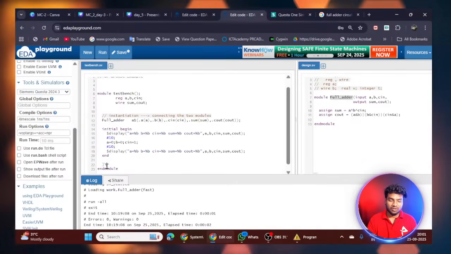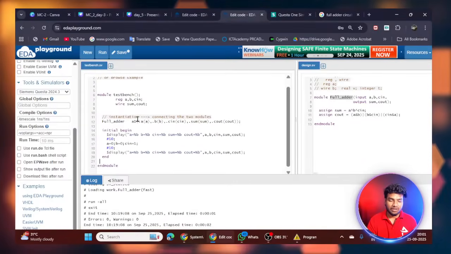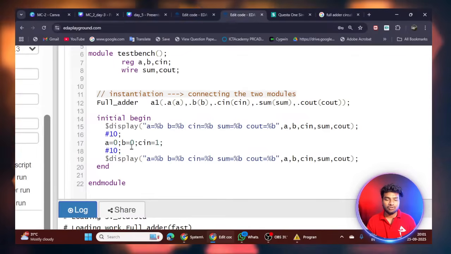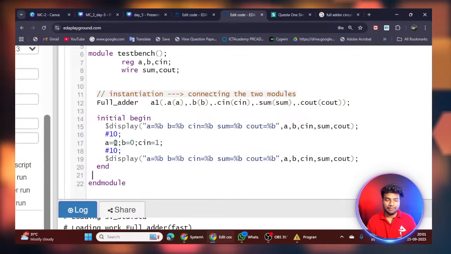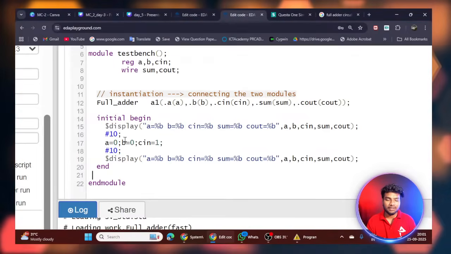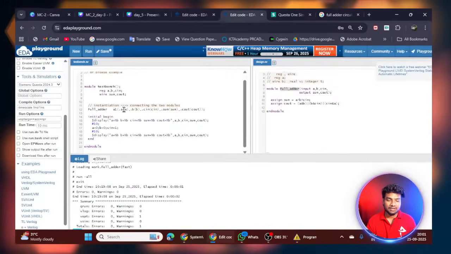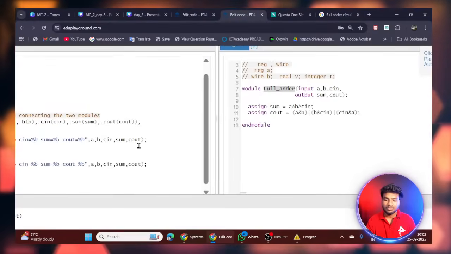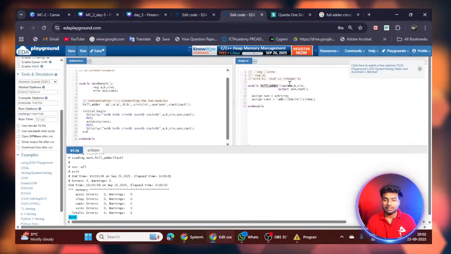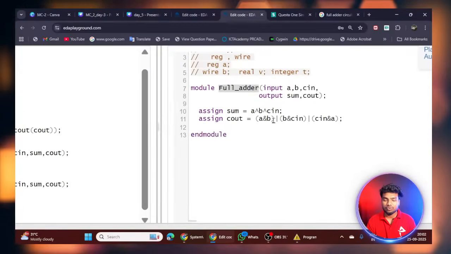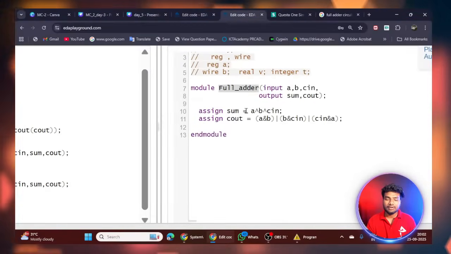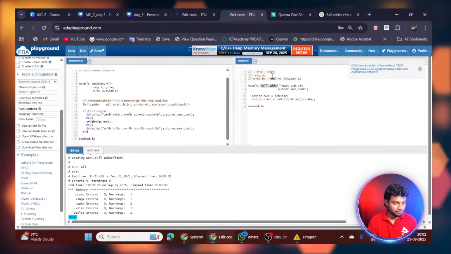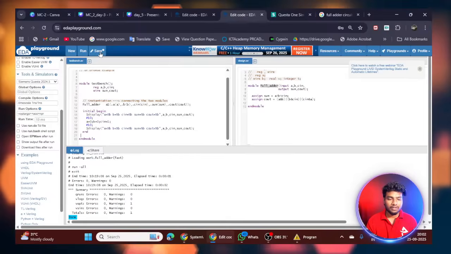So you can see here I am assigning a equals 0, b equals 0. Okay, this is a single bit of 0, single bit of 1, 0, 0. Since I instantiated the design over here, I can assign the 0 to this signal also. It starts from here, and then it will perform based on our inputs, and then we will get the sum and carry output, and then I am displaying here in the test bench. Okay, and then I will click save here.